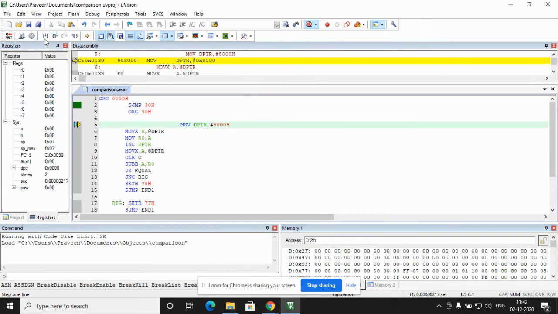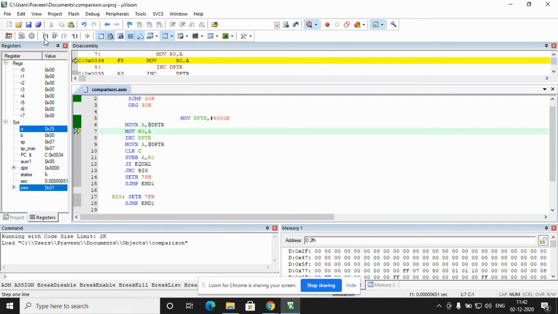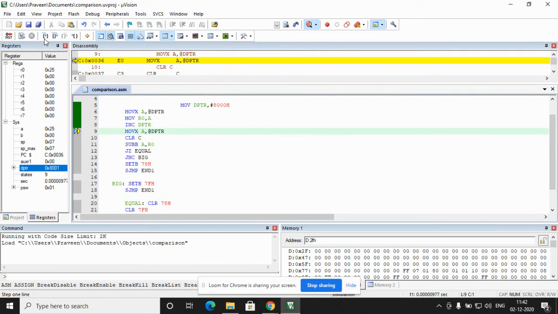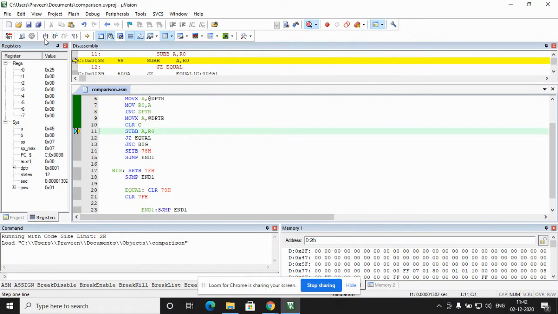So again, your DPTR is pointing towards 8000. The data present in 8000 is 25H, which will be stored in R0. It will increment the data present in the data pointer, so it becomes 8001. The data present in 8001 is 45, which is stored to the accumulator. Now 45 is subtracted with 25. It compares whether